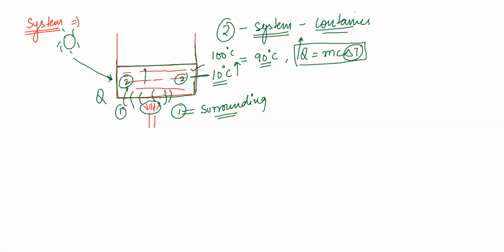फर्स्ट यू नीड टू अंडरस्टैंड कि भाई दिस इज योर सिस्टम and this system's temperature is going to increase from 10 degree to 100 degree centigrade, right? So anything which we are going to focus or concentrate on is defined as a system. Now the second thing is, like we have already defined system, similarly we are going to define surrounding,